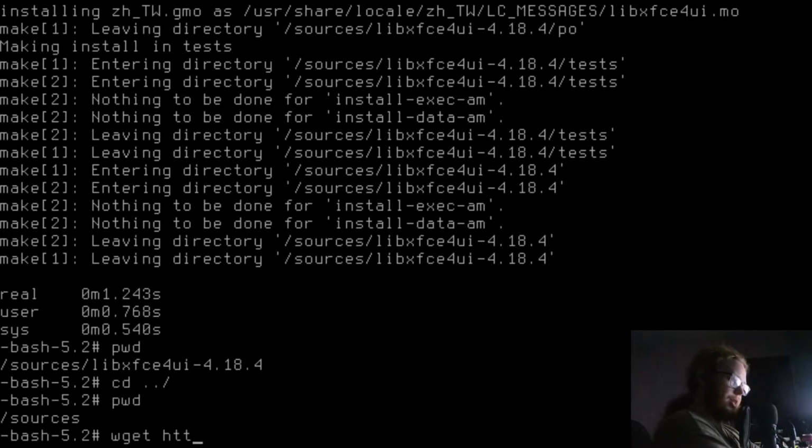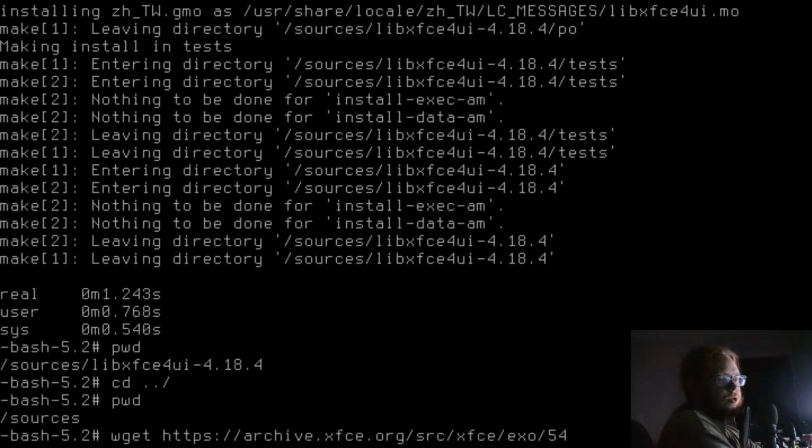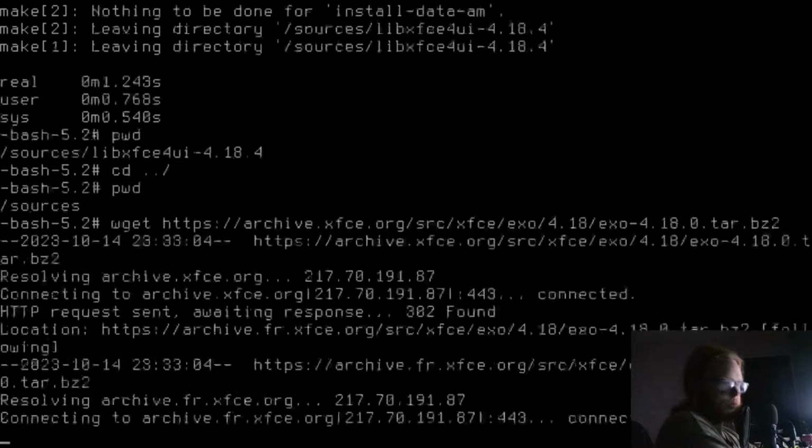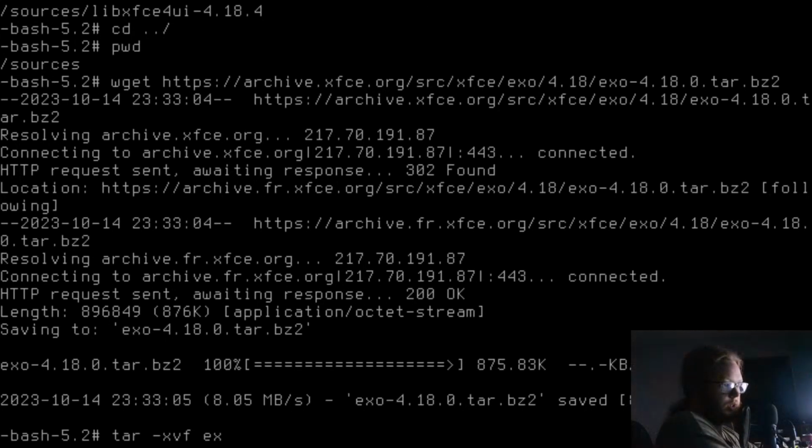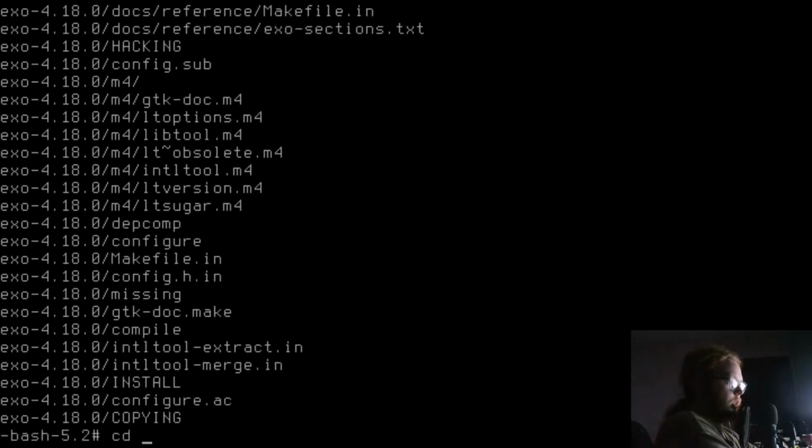No, wget https://archive.xfce.org/src/xfce/exo/4.18/exo-4.18.0.tar.bz2, tar -xvf exo, cd exo.